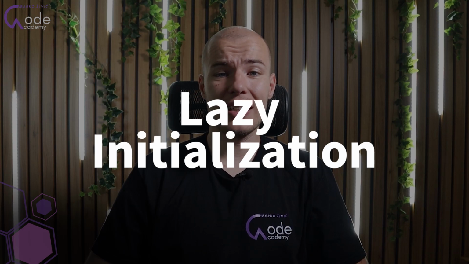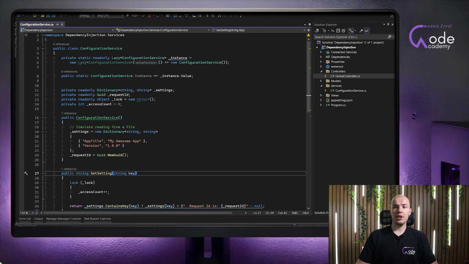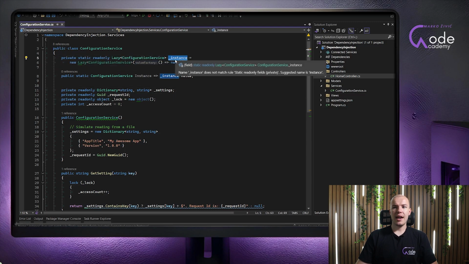So we want to prevent that from happening. And that is exactly why we will introduce a concept of lazy initialization of our service. To do that, you can take a look at the code and the updated service, and you can see that we are using another field, which is called instance, and it is of type Lazy, which wraps our service. And then we just instantiate the value with a new configuration service, which is basically going to mean when